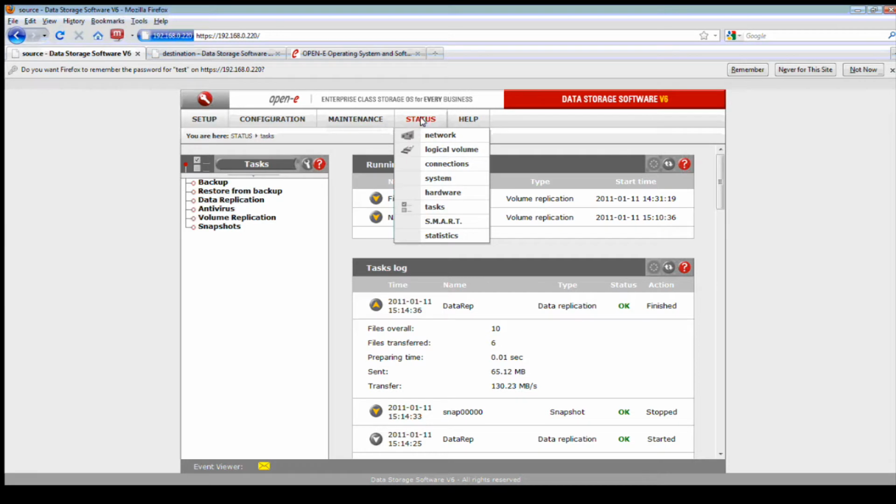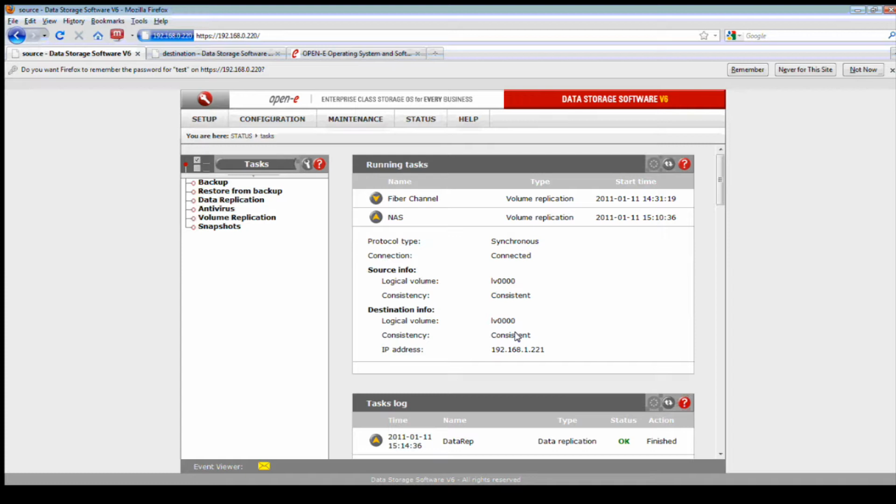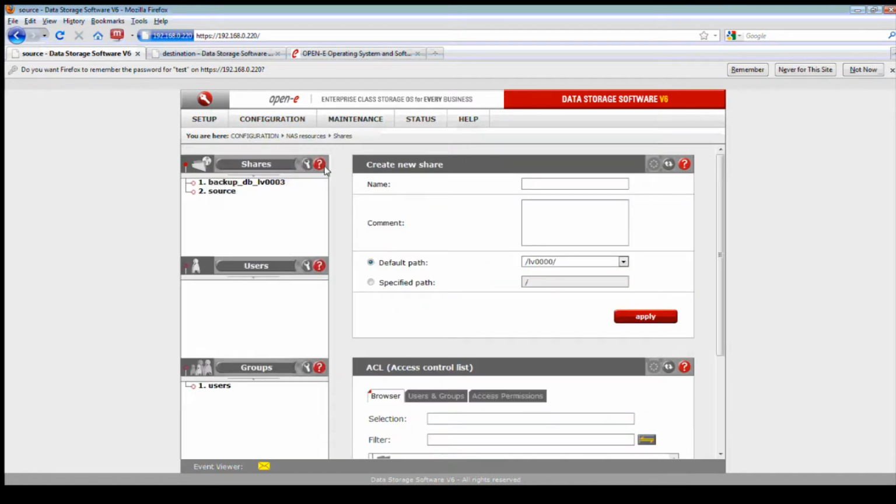Again, you can always go to status and task right here. If you go to status, tasks, you'll see that the task will be updated for data replication. And it looks like it's finished. It's relatively quick. So let's see if our files are on the destination server. Let's go into Windows 2000 System 3. And here we see data replication, and there are the files. So it's another form of using data replication for your disaster recovery.